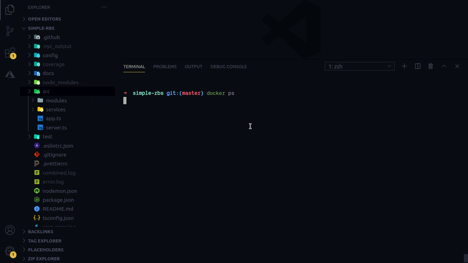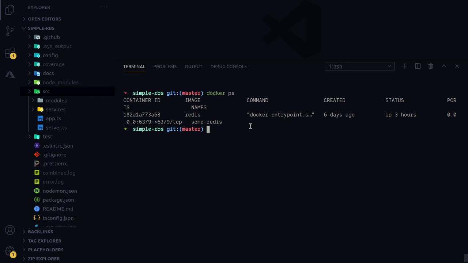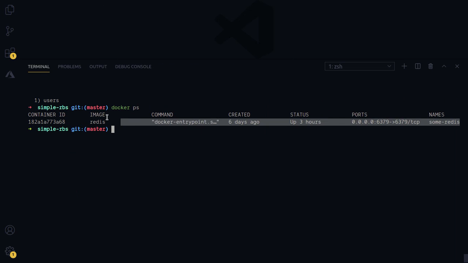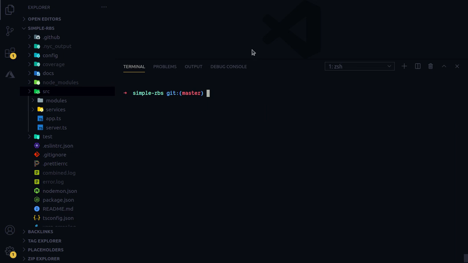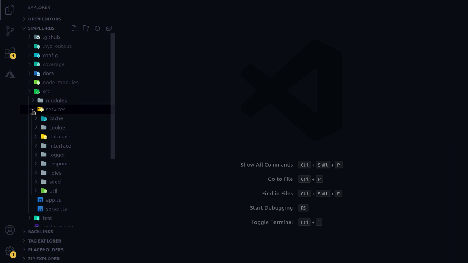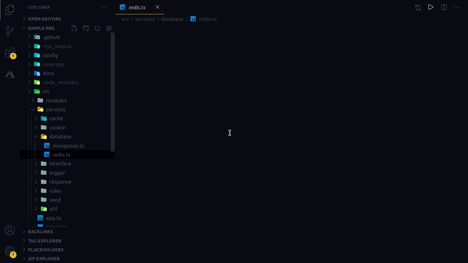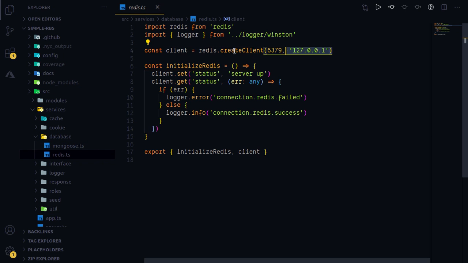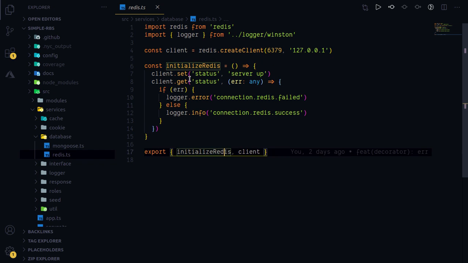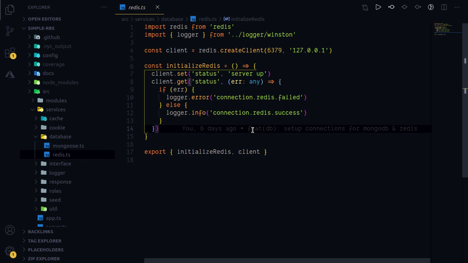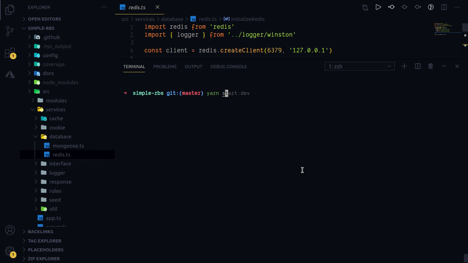As you can see, I've spun up a Redis instance and it is not authenticated, nothing is secure, because it's just a prototype. A lot of the things that are happening in this video depend upon Redis. So here we are initializing the connection, and whenever this function runs, it ensures that the connection has been successful. I will boot the server once and show you.